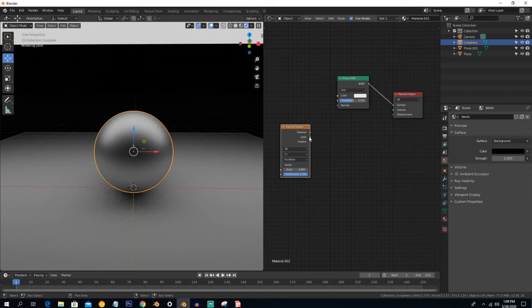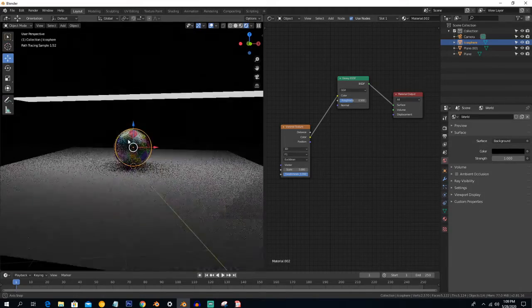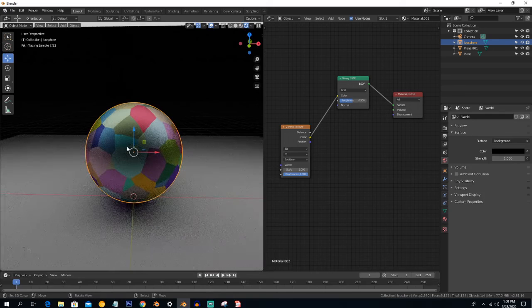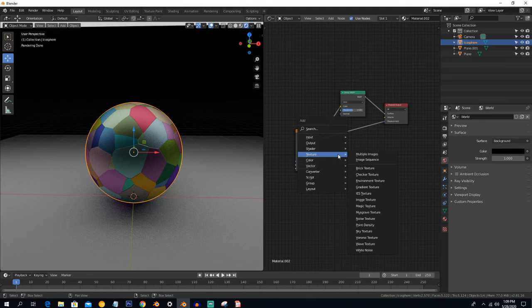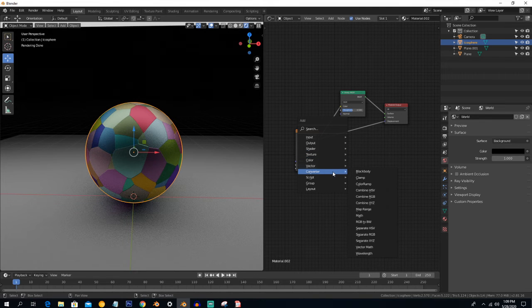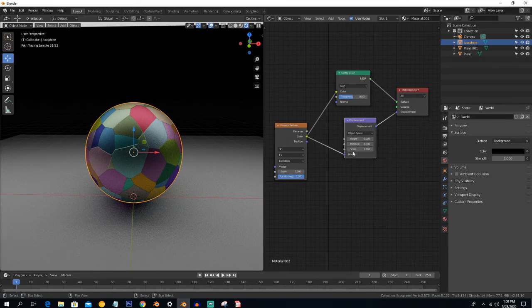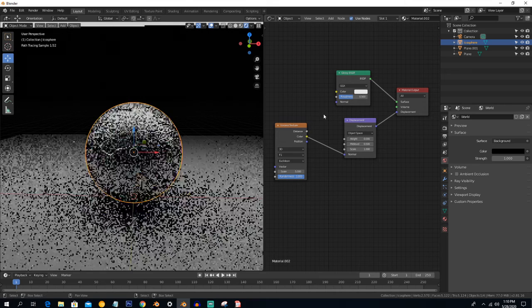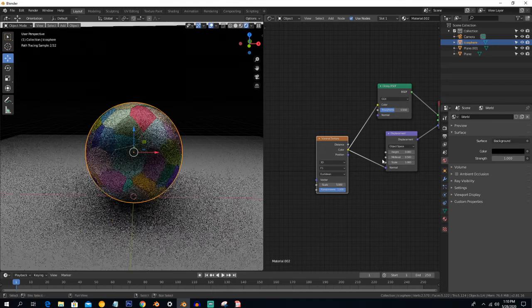So if we put color into the color, you can see here our first texture is generated and it is a very cool texture. But what if we put the color into the displacement, and now we put another displacement node into this to control the value, and just plug it out, and you can also plug it.